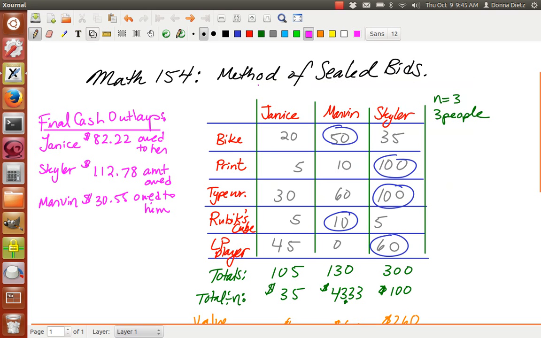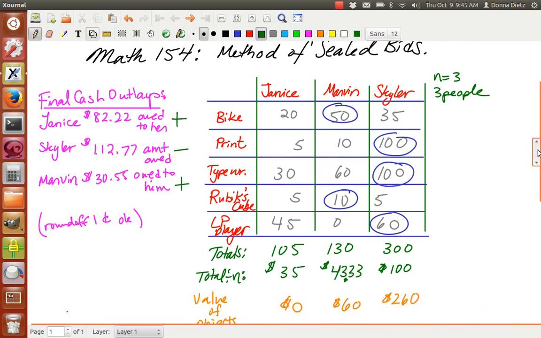That's good enough. Okay? And then you can say, well, whatever. You can just adjust this or not. I don't care if you adjust it. Round off 1 cent is okay. Alright, and that's how that works. You have to just have a grid with the circles telling who gets what, and the final cash outlays should add up. Alright, so just make sure when you do this, your final cash outlays, whoever is owed money, has to add up. The pluses and the minuses have to add up. In the final analysis, each player either puts money in the pot or takes money out of the pot. And all those pluses have to add up to all those minuses. If that works and it seems plausible, then the answer is probably right. Okay, hope you enjoy that.